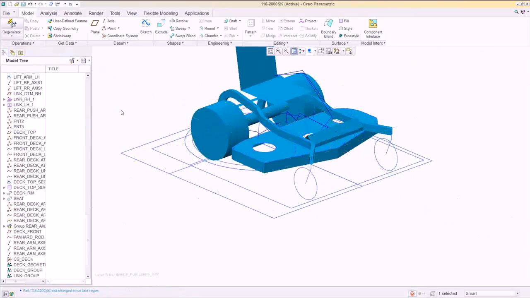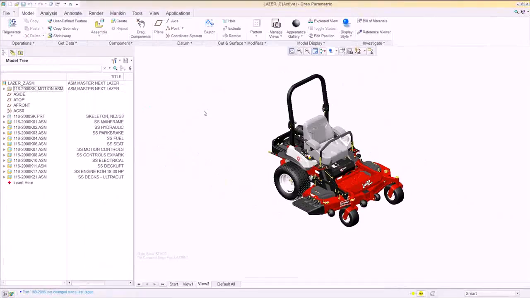Let's go back to the assembly and switch to the top view to have a